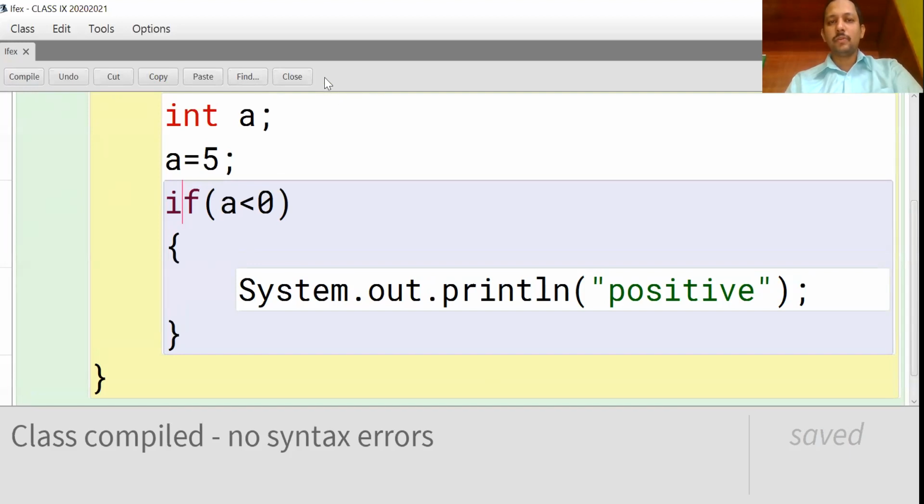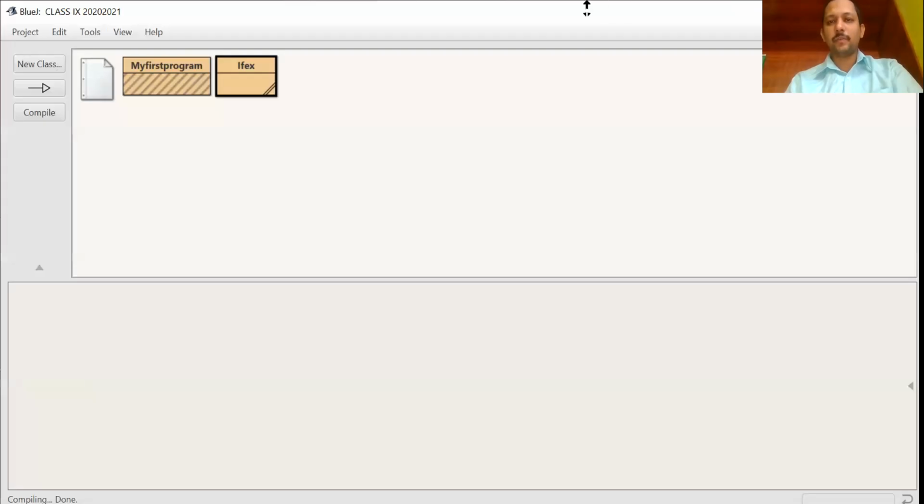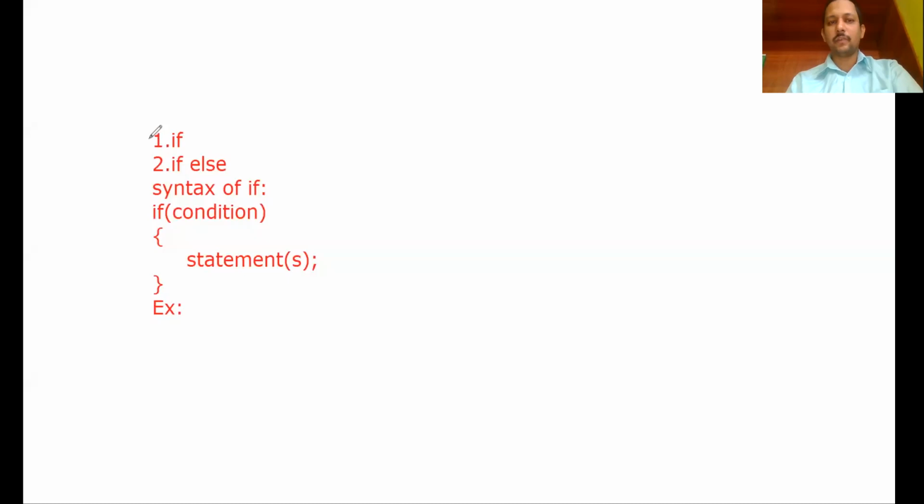Now, if else syntax. Listen. Syntax of if else. Second one.